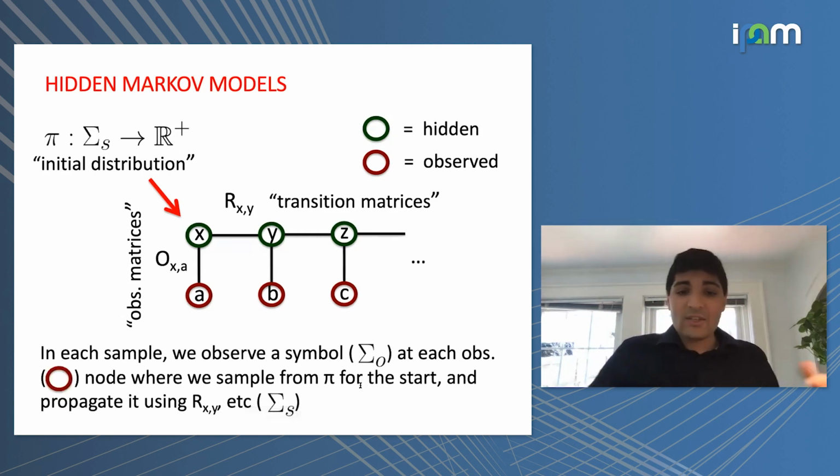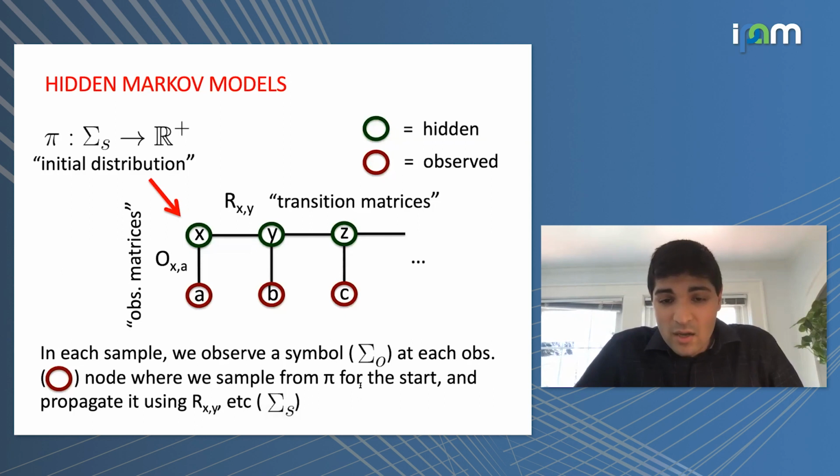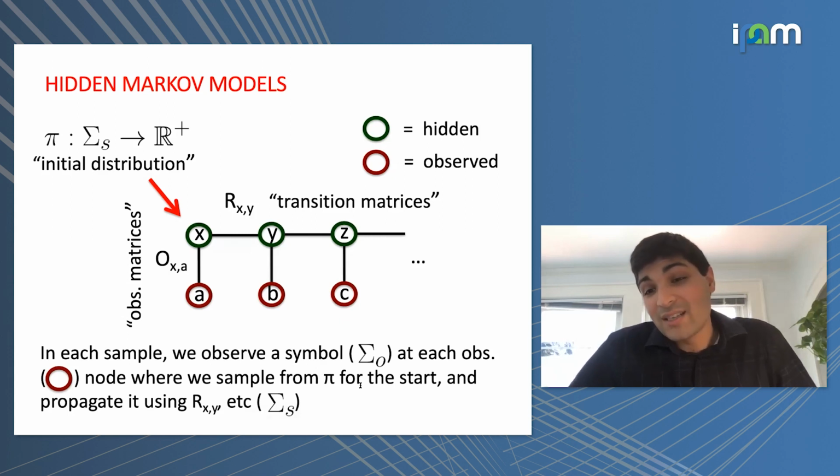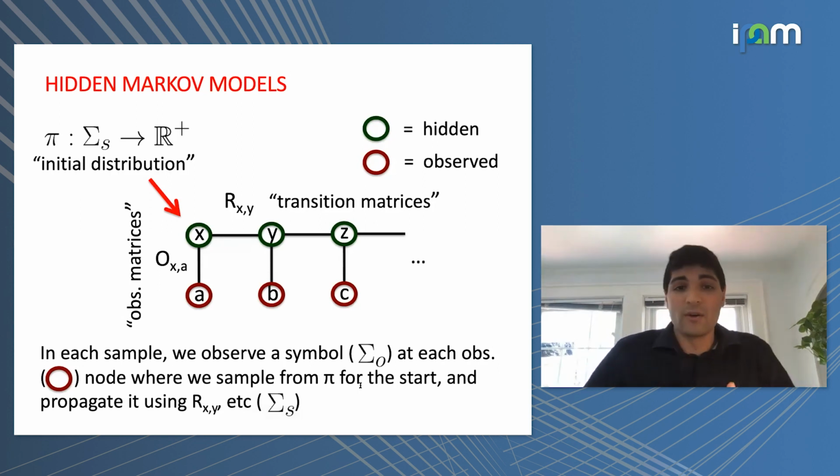So in fact, in each sample we observe, we just get a collection of these observed symbols from the sigma sub o alphabet. And this is really the same model in disguise, except for the fact that I know what the underlying tree is. It's always a caterpillar graph. But let's solve both of these problems at once using Jennrich's algorithm.